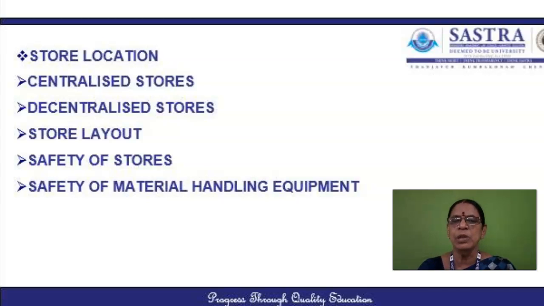Next is falling off while climbing to reach the upper shelves. These accidents arise from having improper ladders or when the men are not trained to climb the ladders and carry a heavy weight. So when you are going for the upper shelves, this may cause an accident. Then injury to the hands arising from lifting or handling of materials without wearing protective gloves.